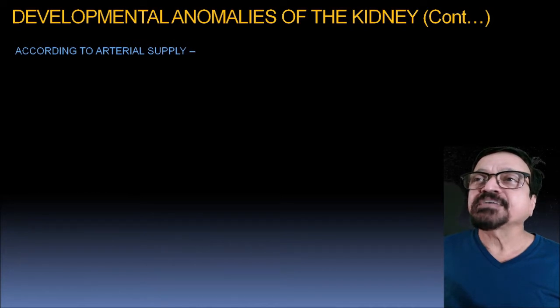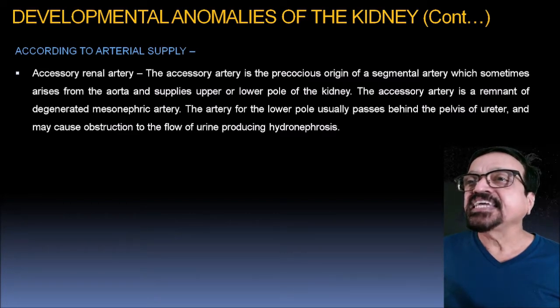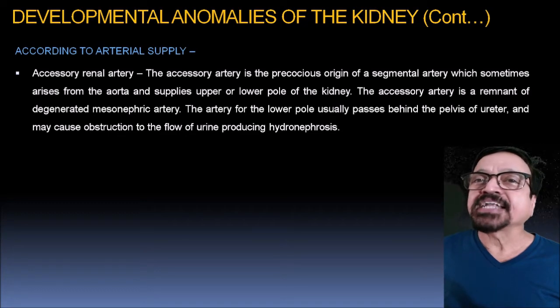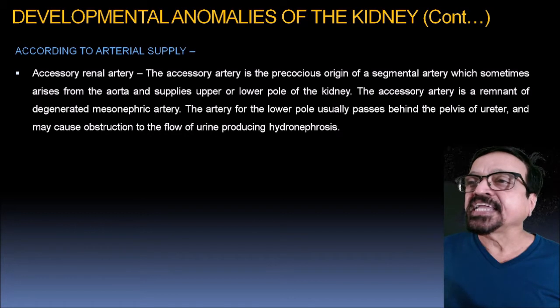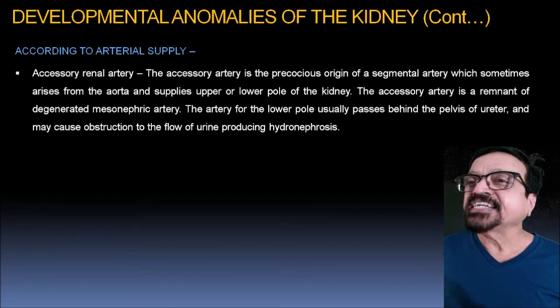According to arterial supply, there can be abnormality, that is the accessory renal artery. The accessory renal artery is the precocious origin of the segmental artery, which sometimes arises from the aorta and supplies the upper or lower pole of the kidney. The accessory artery is a remnant of the degenerated mesonephric artery. The artery for the lower pole usually passes behind the pelvis of the ureter and may cause obstruction to the flow,